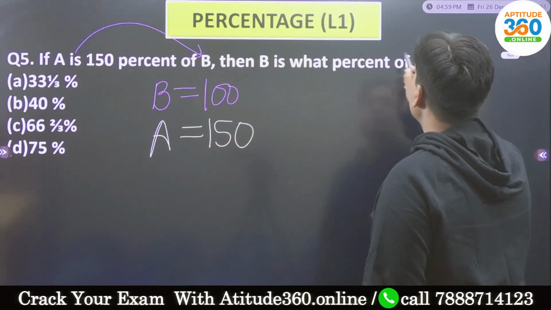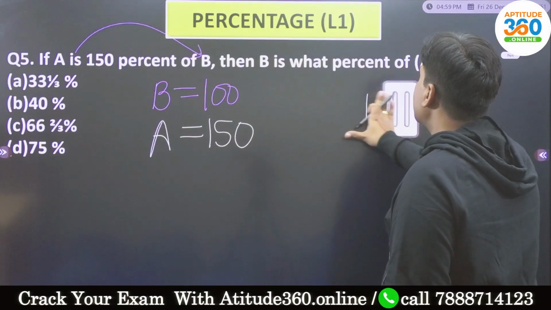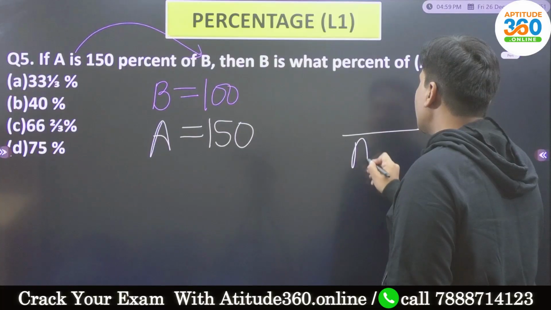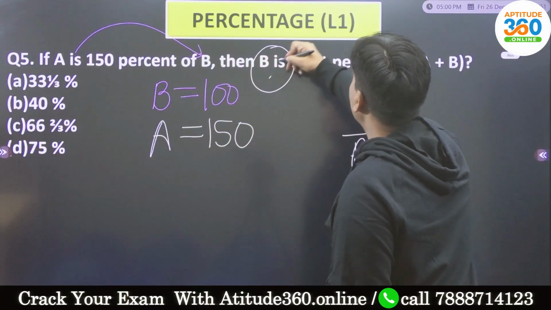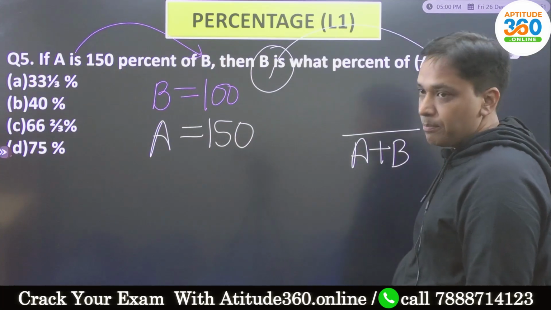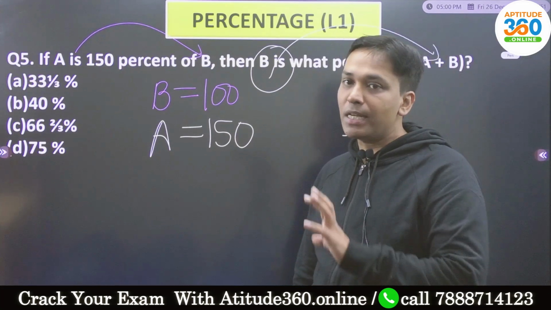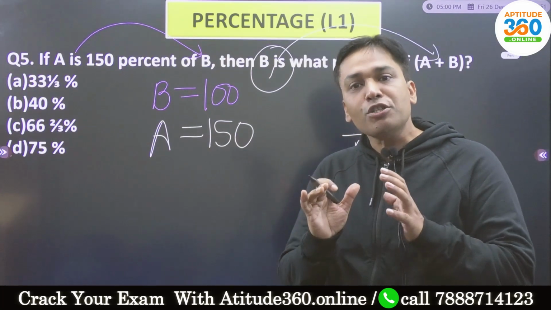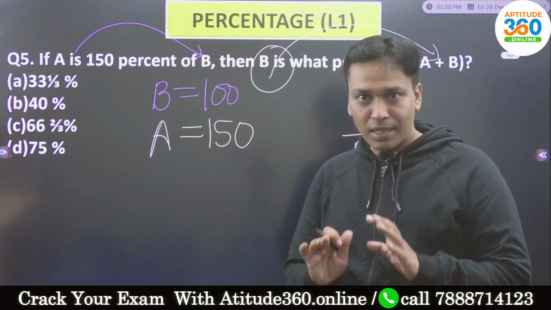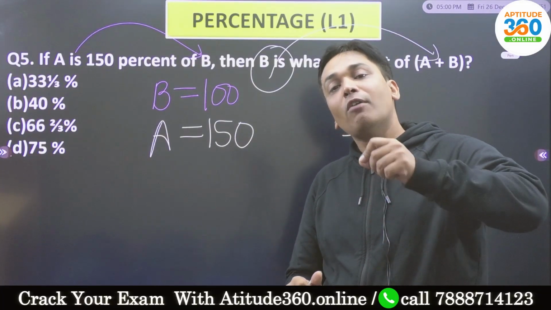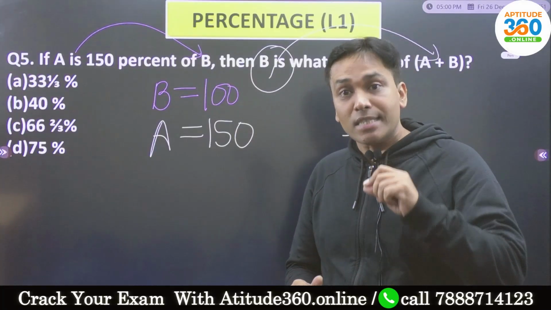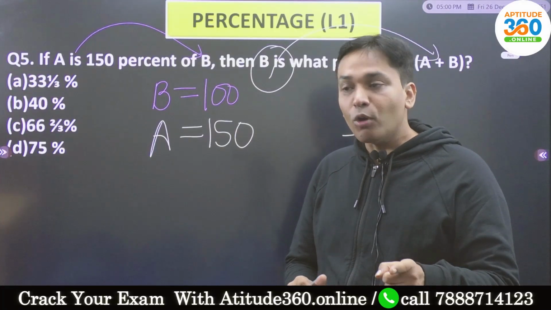b is what percent of, जिससे कंपैरिजन करोगे that value should be in the denominator, क्योंकि b को आप कंपेयर कर रहे हो a प्लस b से. b is getting compared with a plus b. So a plus b should be in the denominator, clear? And b should be in the numerator. भाई जो कंपेयर होगा वही तो न्यूमरेटर में होगा, जिससे कंपेयर करोगे वो डिनोमिनेटर में होगा.